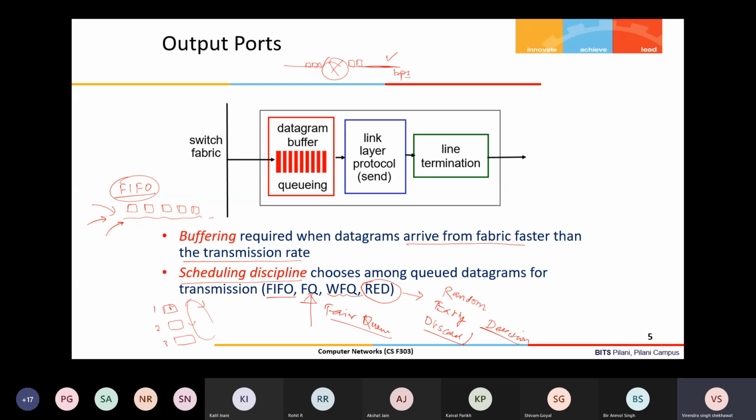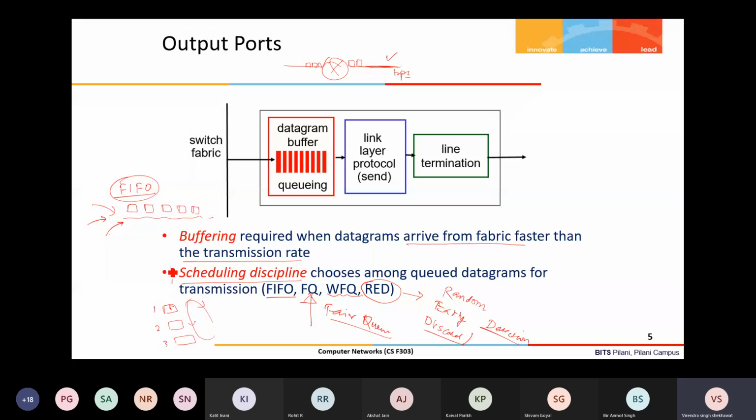You know that more delay may incur premature timeouts, and due to that, unnecessary retransmissions are going to happen. So that's why the delay should be bounded. So this algorithm, RED, contains the queuing delay within some threshold by not allowing the queue to be full. Okay, like that there are so many other algorithms also.